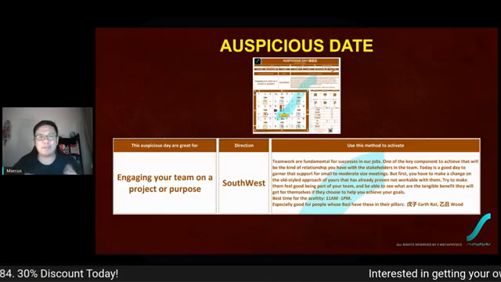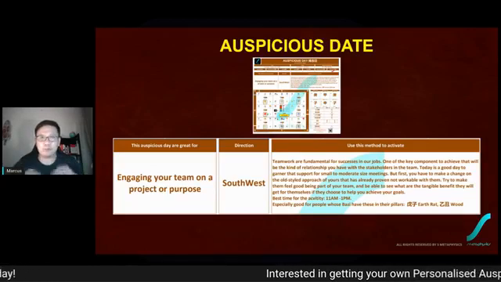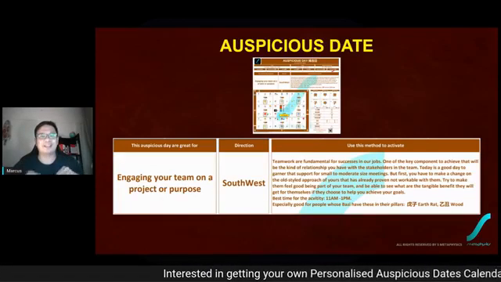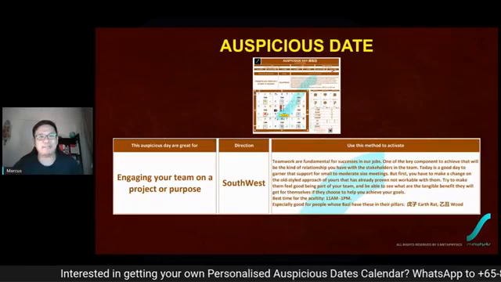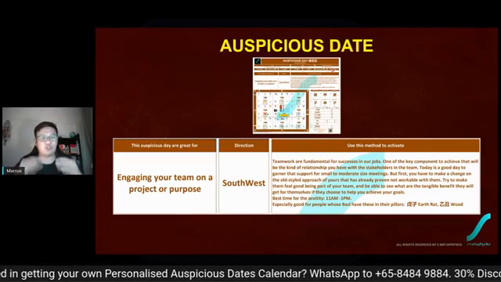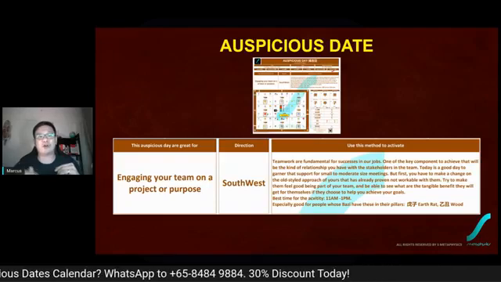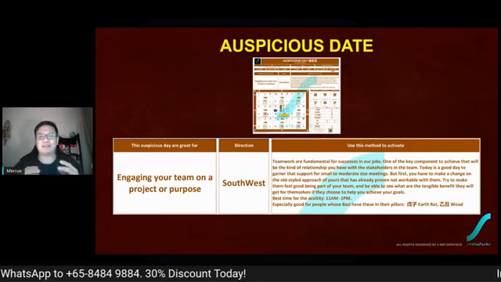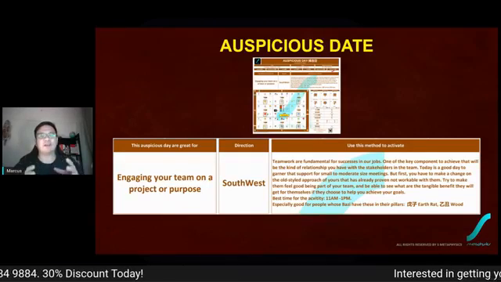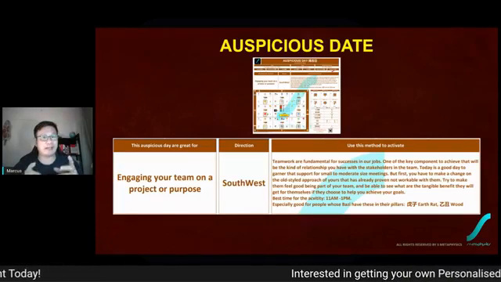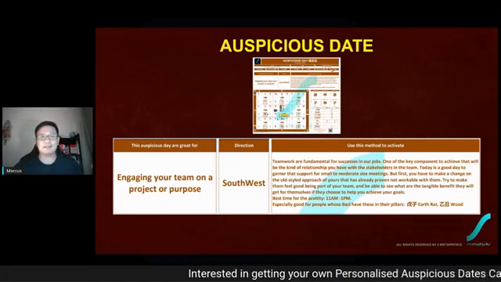You also have to try to make them feel good and look good while engaging them, and show them that if they are involved in your project or your cause, what tangible advantages they might have. Once you're able to do that, engaging your team that day for your project or your purpose is a very good timing. It has very strong vibes, especially during the time which is given, 9 to